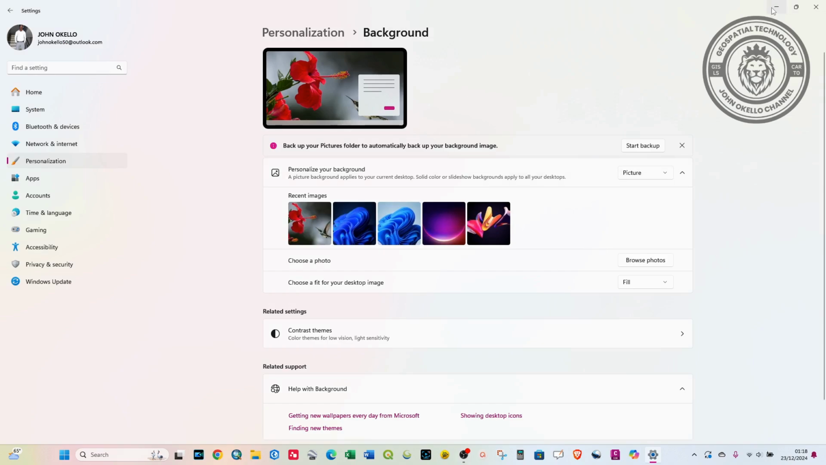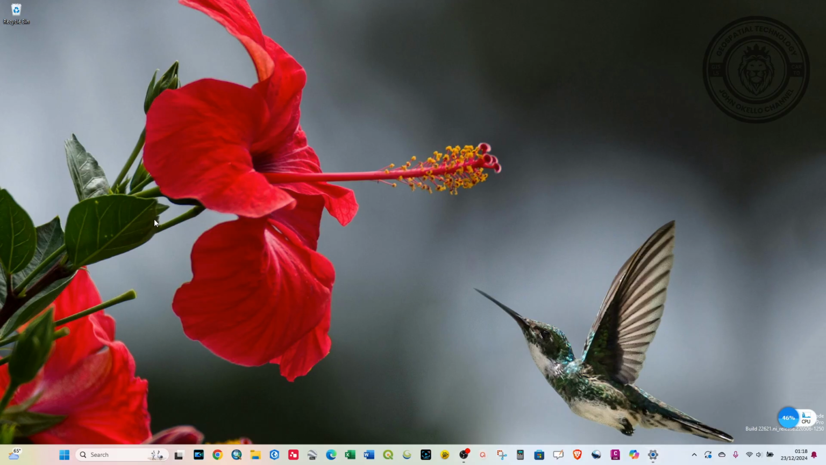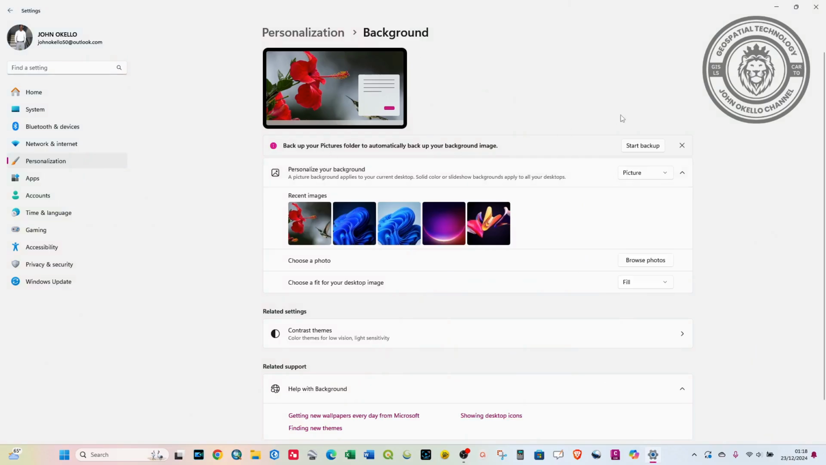So the moment you choose that and minimize this, you can see that the background picture of my choice has been selected as a theme. So you can do some settings as well. So if I go back,